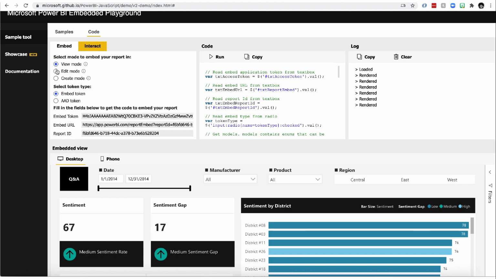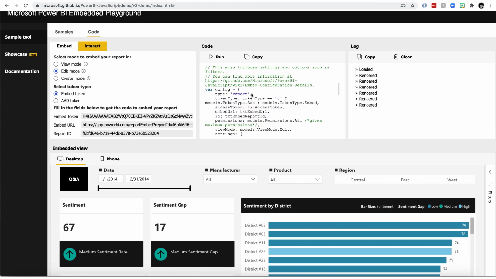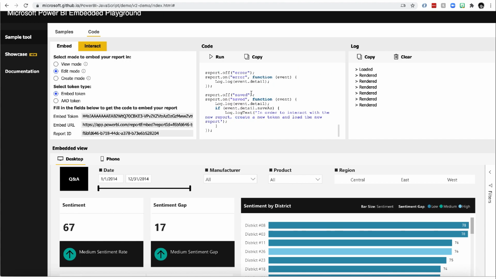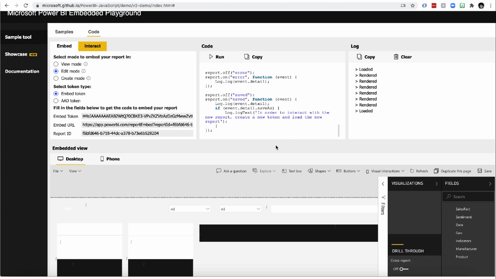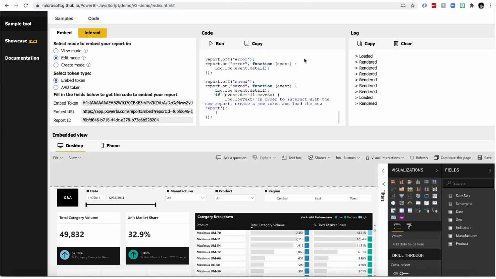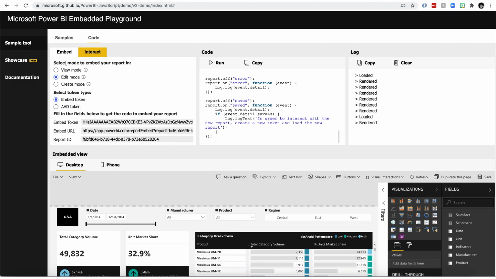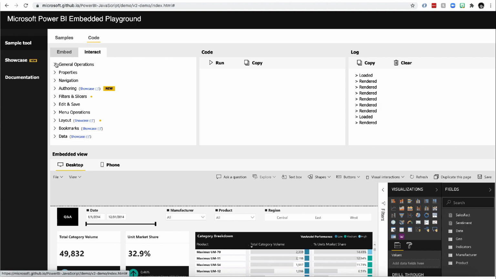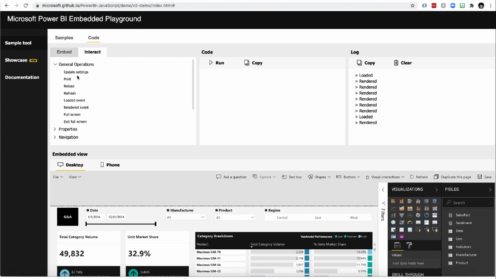In this sample, we're visualizing how the embedding playground also gives you access to some code snippets. For example, you have different ways to select the kind of embedded report you want to generate. You can do a view report, a create report, or an edit mode. What you're currently seeing is the edit mode report. So in that way you can start adding some of the other components that Power BI provides to you in order to later on